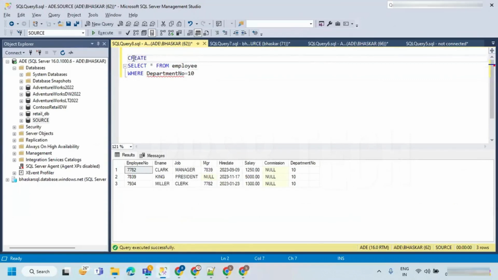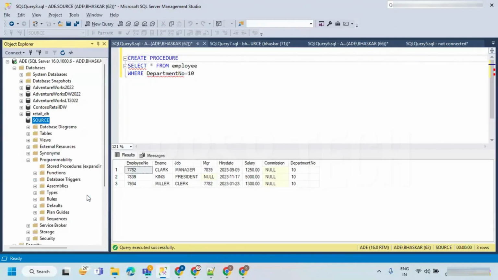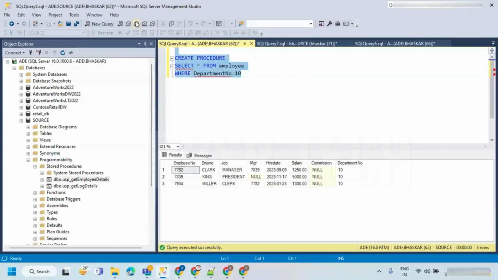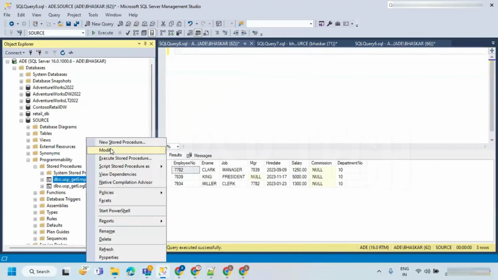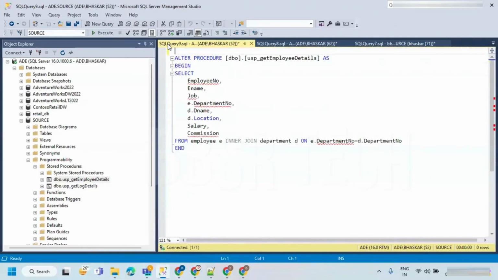So we can create a sample stored procedure. I guess I already have a procedure, let me check. Okay, so I'm already having it. Let's modify this. The syntax for creating a stored procedure is something like this: create procedure. So we are going to use create procedure to create a procedure. And since it was already created in my system,